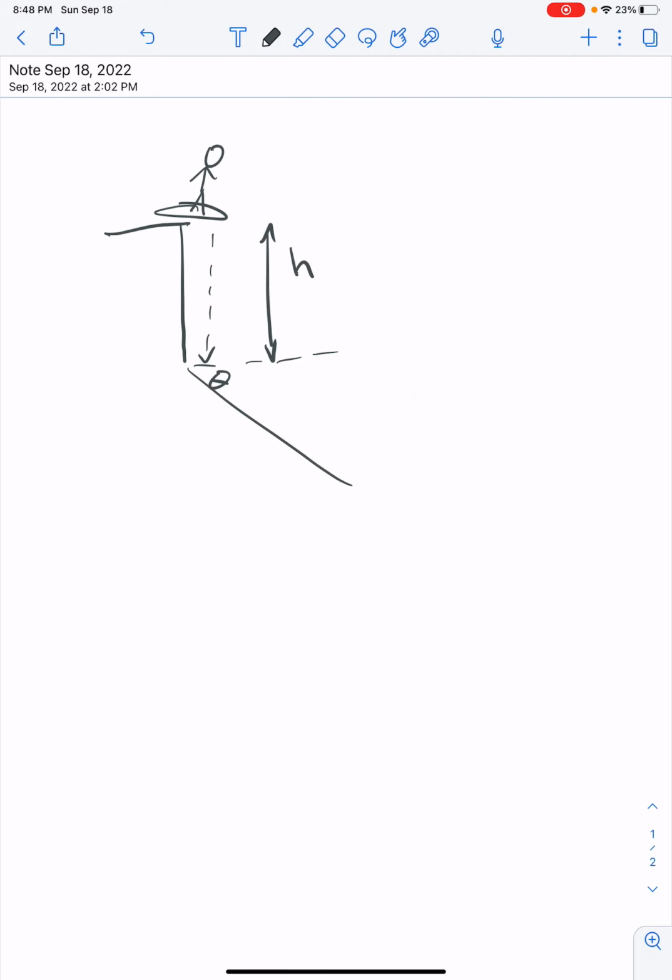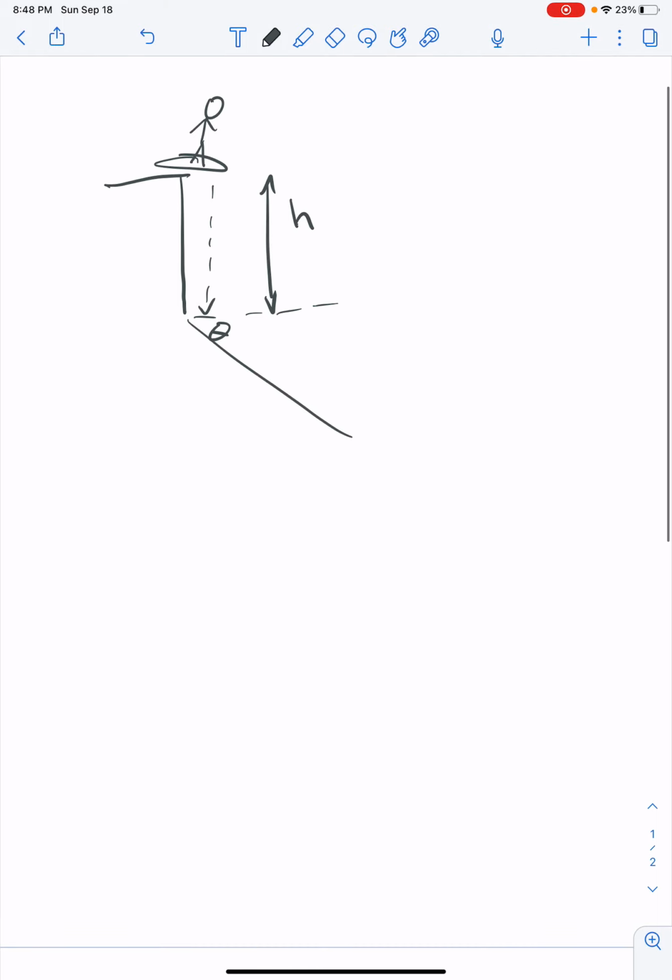All right. The snowboarder problem is what we're going to work on in our computational exercise today. For the beginning part, the snowboarder drops some distance h. Okay. And then when they land